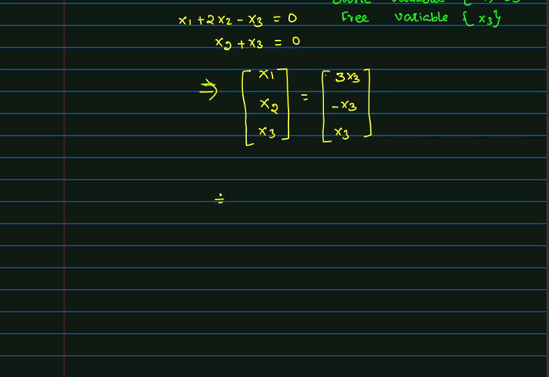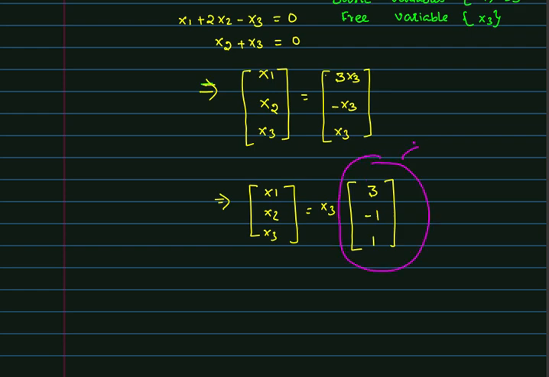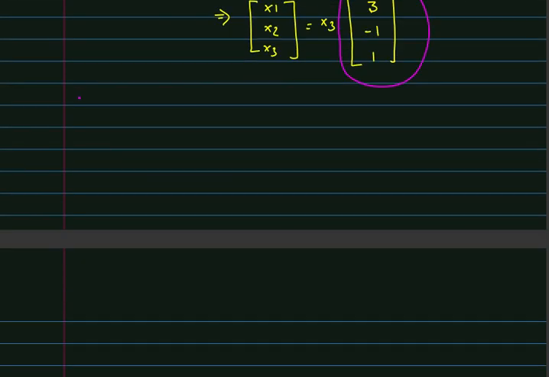So this implies (x1, x2, x3) equals x3 times (minus 3, minus 1, 1). This is the null space, correct? So this vector is the basis of the null space. Here x3 is any constant, any scalar from the field. So the basis of